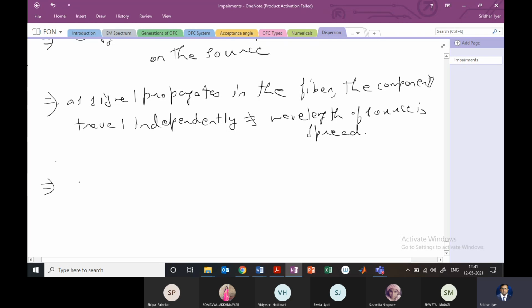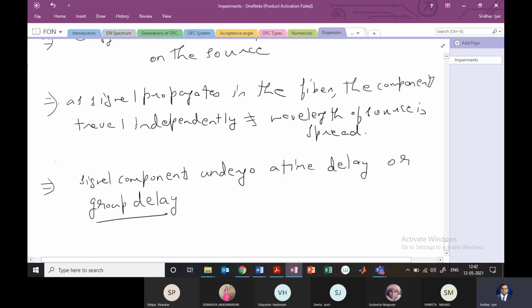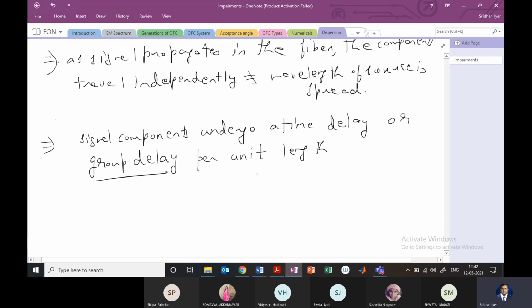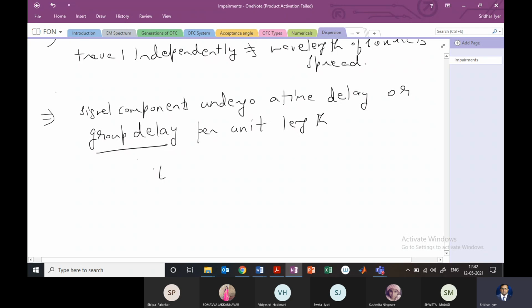So because of this, the components, or let me write signal components, undergo a time delay, or what is known as group delay per unit length, and this will be in the direction of propagation. So what we'll get mathematically, the denotation for group delay is tau g, and since it